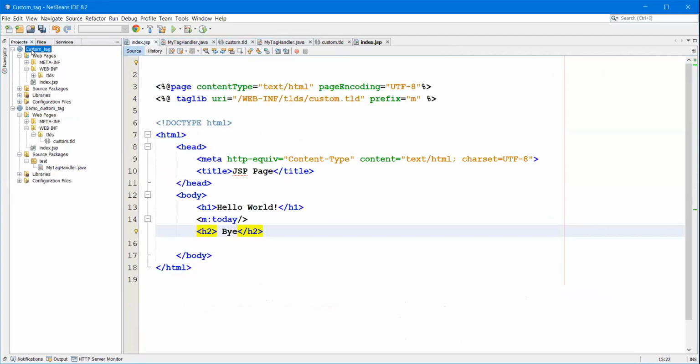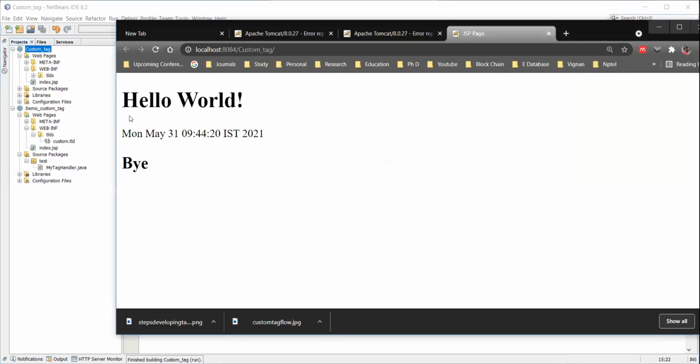I will show you that output, how the output is going to be given. See, this is the output I would like to get.